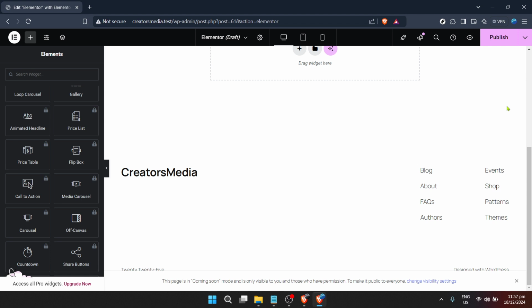Don't hesitate to revisit any of the steps or explore Elementor further to find new ways to enhance your shop page. The more you familiarize yourself with the capabilities of this powerful tool, the more you'll discover the endless possibilities for customizing your online store.